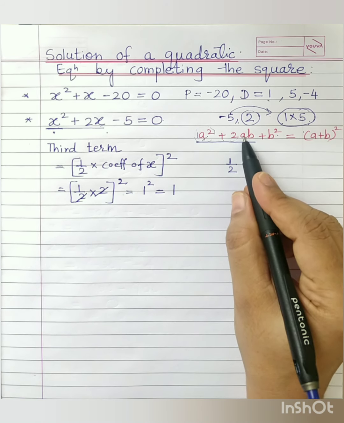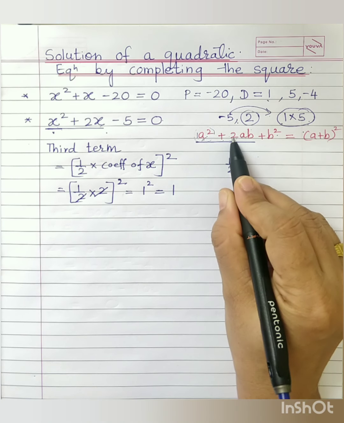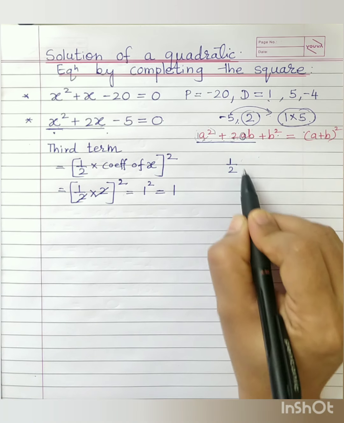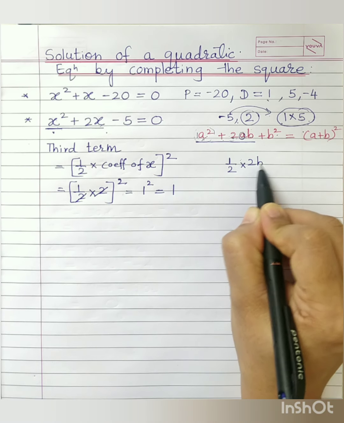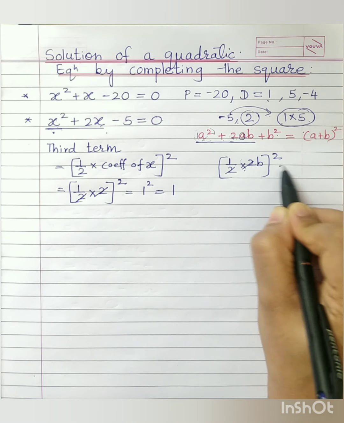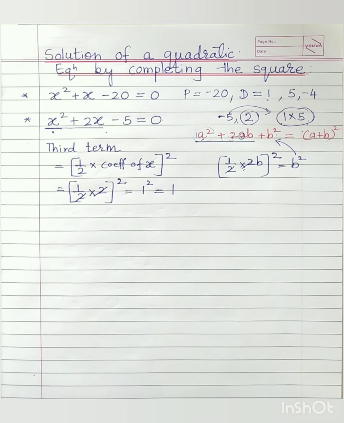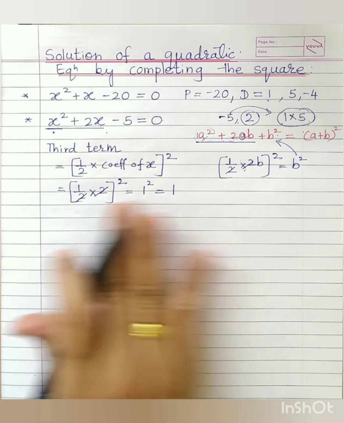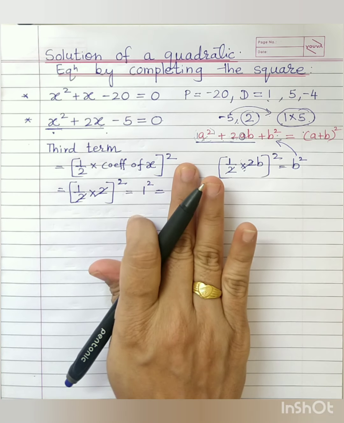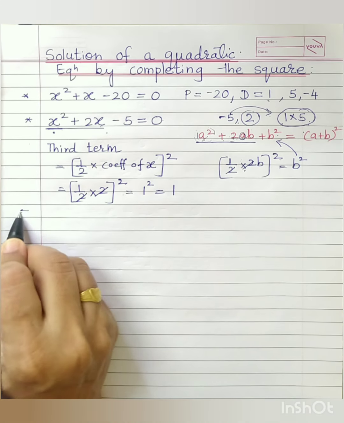That is, we are saying the coefficient of a. What is the coefficient of a here? 2b. Getting? The coefficient of a is 2b. So multiplied by 2b, and if you square it, what is the answer you are getting? B square. That is our third term as well. Okay. This is how, using this principle, this formula is found, and directly using the formula you can find the third term.